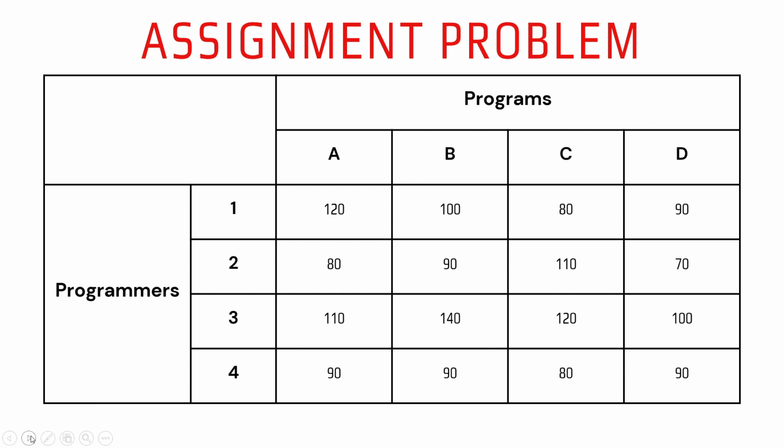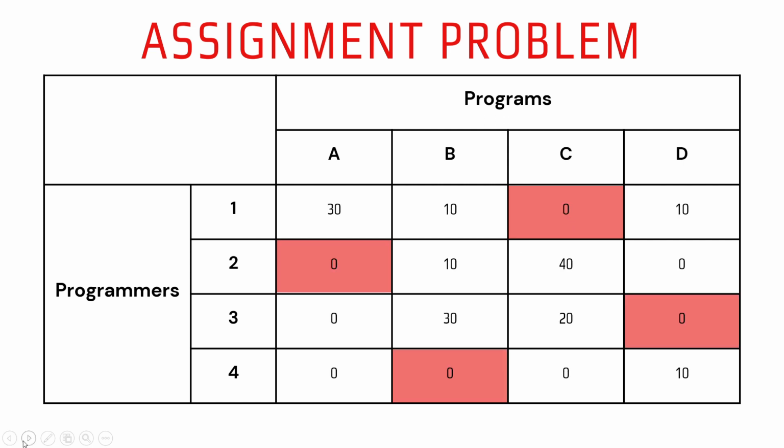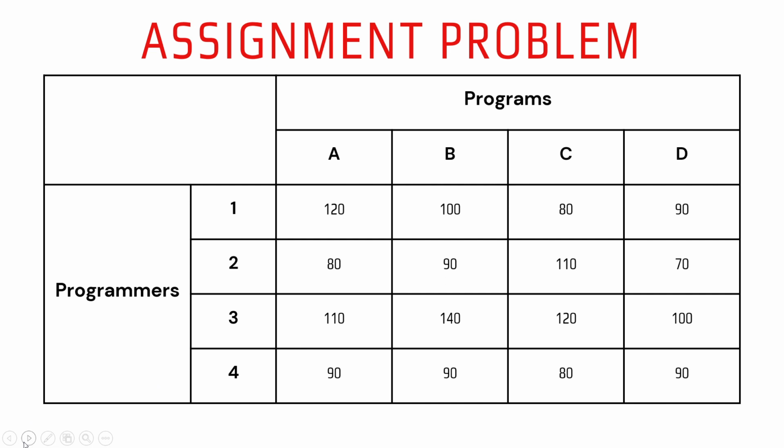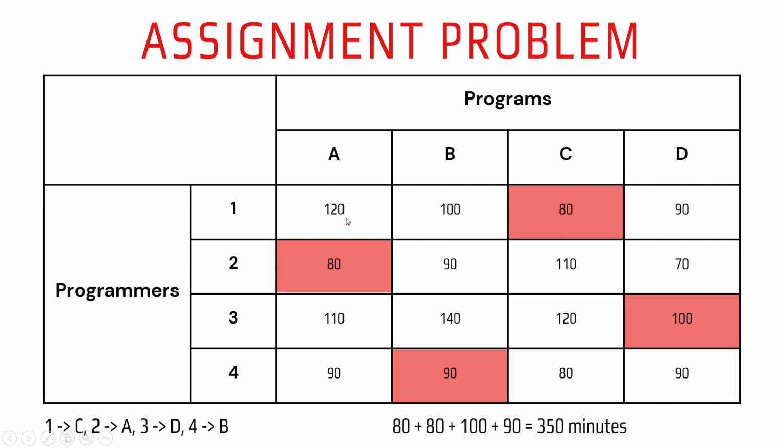So to get the total cost or the total amount of time, we must refer back to the original cost table before we subtracted anything from it. So by looking at the assignments that we made here and comparing it to the original cost, we can get the total cost of the assignment problem. So by adding 80, 80, 100, and 90,